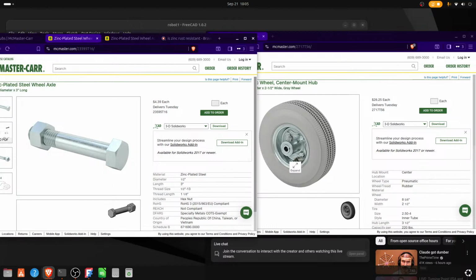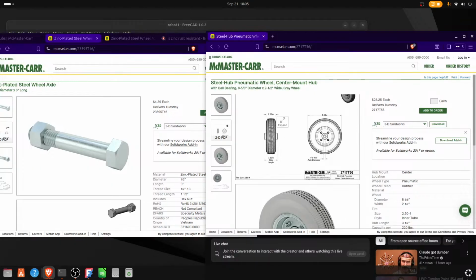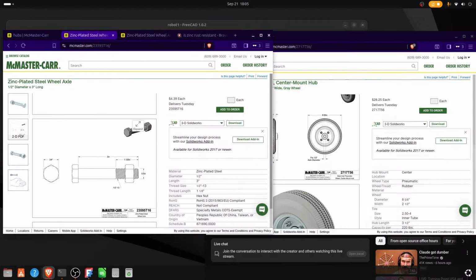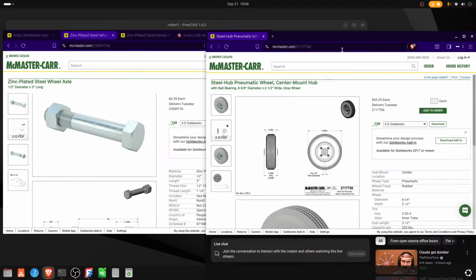So look at this hub, right? This goes through this. Actually, how long is the diameter of this? This is 2.5 inches. Wait, no, it's 3.5 inches. So this is actually not big enough. It's not long enough, rather. It fits in it, but like 3 inches, it's just gonna go from there to there and it's not gonna come out. And I think that's a problem